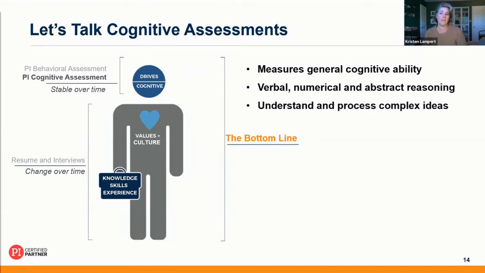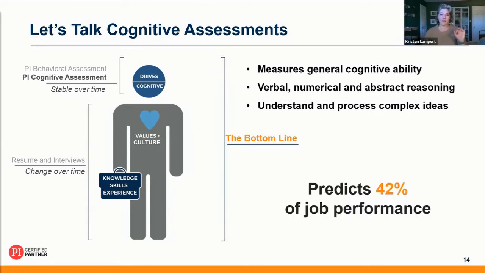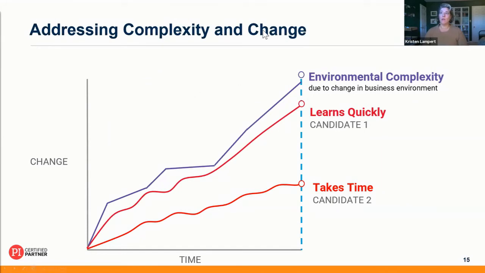And if you want to just unpack that a second, what that actually means is that there's a higher correlation between these two factors when it comes to a person's ability to do a job effectively than there is between ibuprofen and pain relief. So there is really strong data that says, hey, if we understand how you're able to wrap your head around complex ideas, we're going to be able to predict your overall performance in a role. But that comes with a big headline, and that is around understanding the complexity and change in a particular environment.